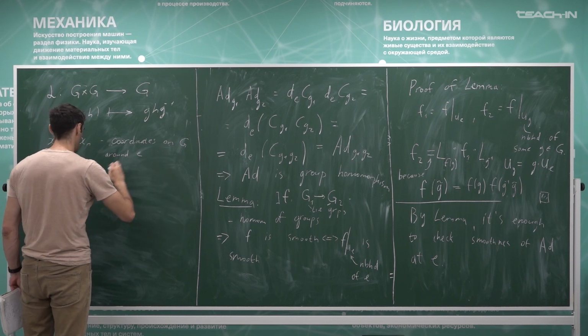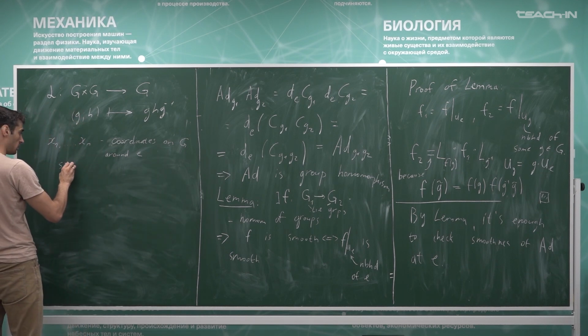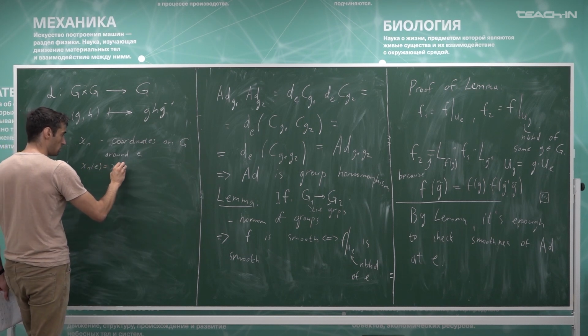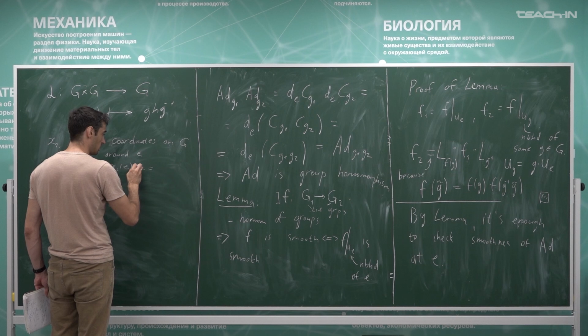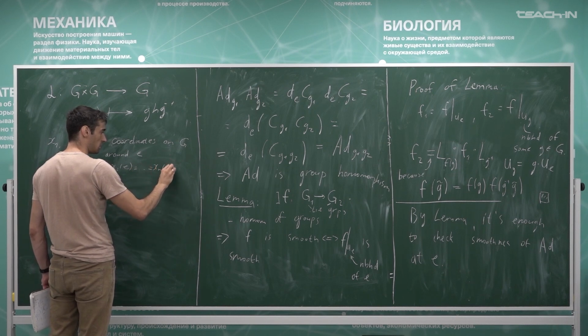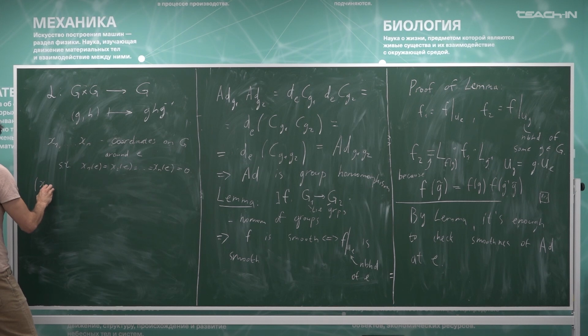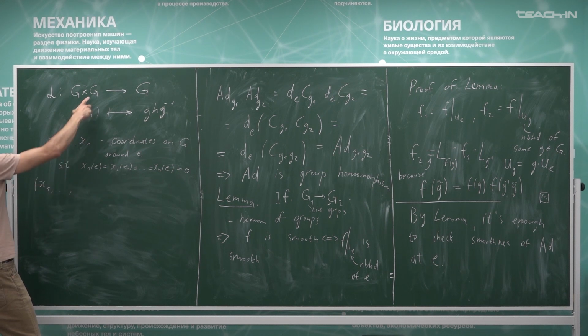Well, they are centered, such that x1 of E, x2 of E, xn of E is 0. So let me consider another copy of the same coordinates. Just denote them by different letters, y's, to indicate that this copy belongs to the second